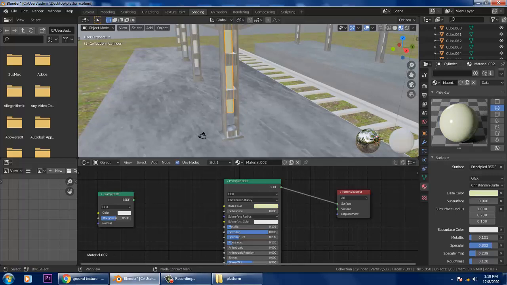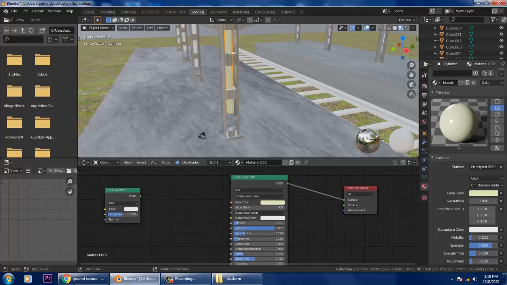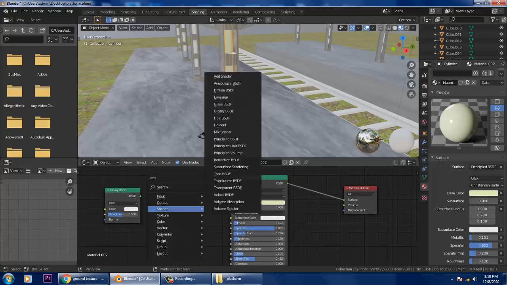You can go down, and you also have a sheen over here. You can give a sheen tint if it is required. If you have a glass, you can work with the IOR properties also. The base color can be connected with any other thing, like you can connect it with the diffuse also.